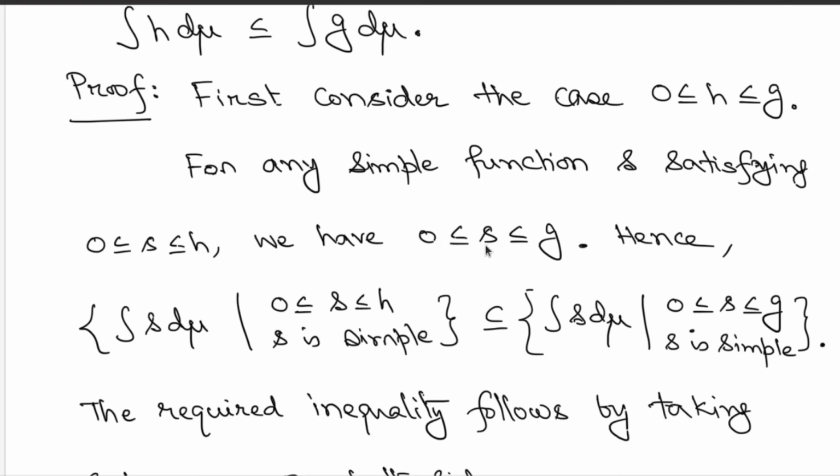immediately for all such simple functions you have the inequality that the function values of this simple function small s lie between 0 and g. So this is automatically satisfied. Therefore any simple function that is below h is also below the function g. But then there might be some simple functions which are below g, which is a bigger function, but need not be comparable with the function h. Okay. So if you are looking at this class of simple functions that are below h, that is contained inside the class of simple functions that are below g, but there might be more simple functions below g. So that can happen.